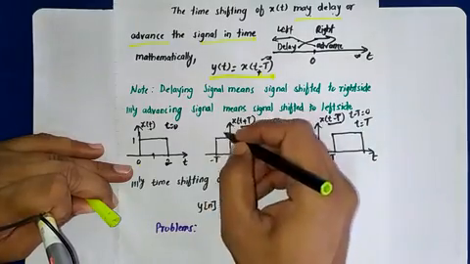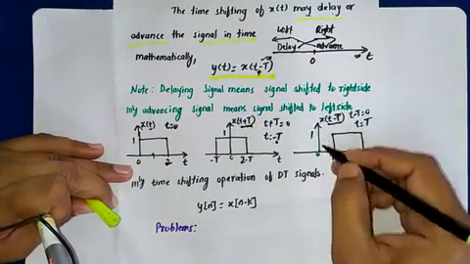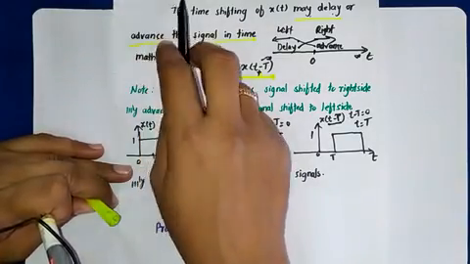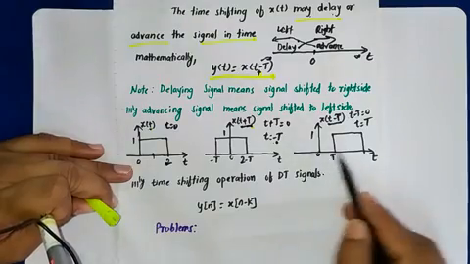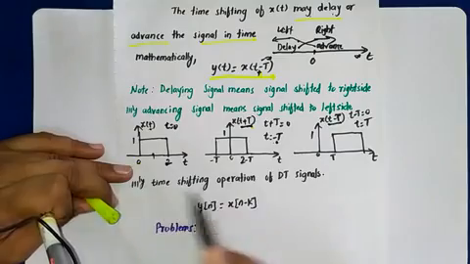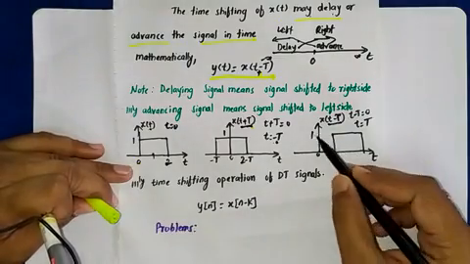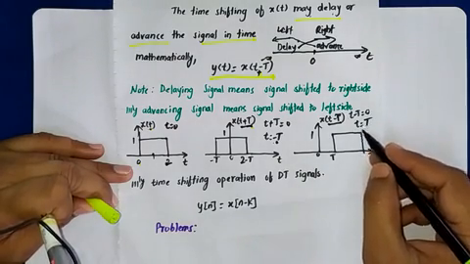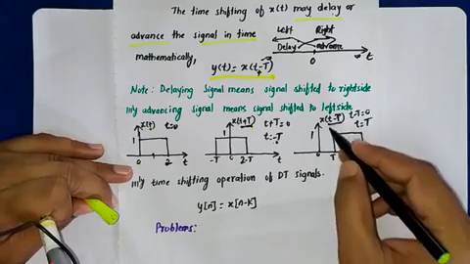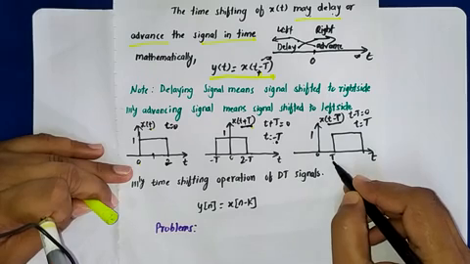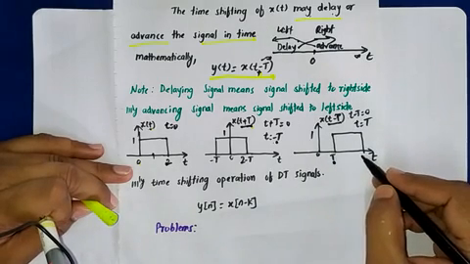So here also the amplitude is 1, because we are not performing any operation related to the amplitude, since it's a time shifting operation. Only the time related things are changing, but the amplitude remains the same as whatever x of t has. So the amplitude is here also 1 only. With respect to these calculations, I understood that x of t minus t will start at the positive value of t.